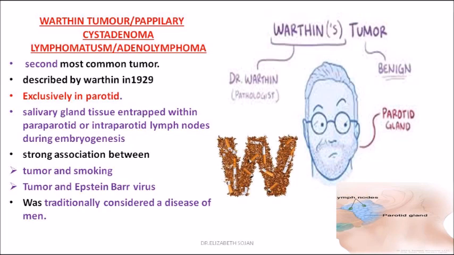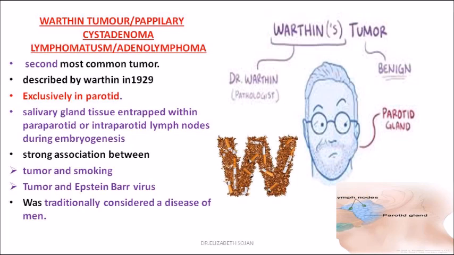Along with that, the W also stands for V. So remember the tumor is also seen in association with Epstein-Barr virus. So two important points you should remember from the W. One is that Wharton's tumor is commonly seen associated with smoking habit, and secondly it is also seen associated with the Epstein-Barr virus. Traditionally it was considered to be a disease of men because only men had the smoking habit. Nowadays females also smoke, so even the disease has been seen in females nowadays. Clear? Now, why does it happen only in the parotid gland? That reason is very important. And why the term papillary cyst adenoma lymphomatosum?